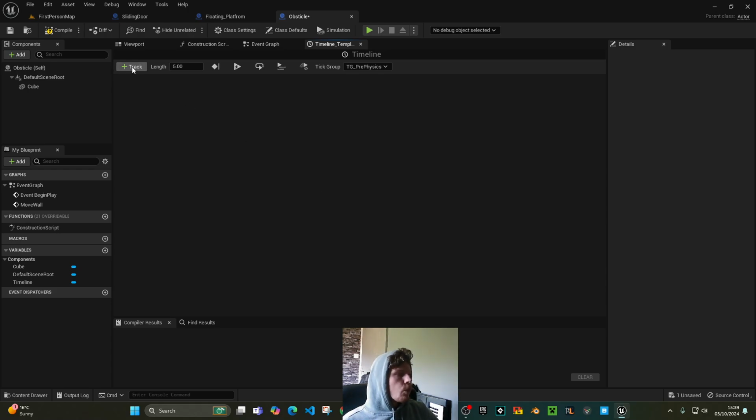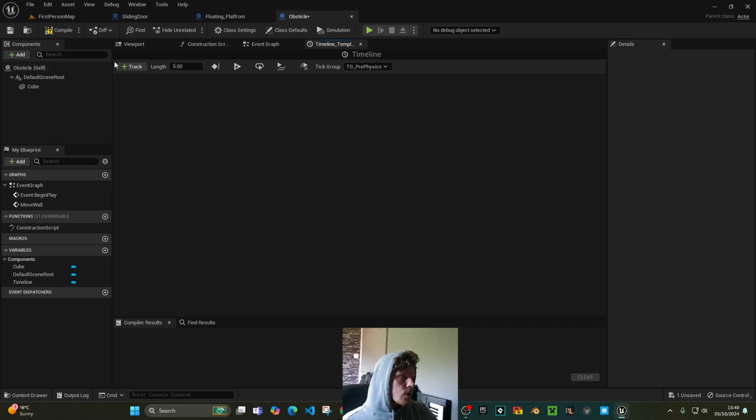And what you want to do is you want to add a track up at the top. Now there's different tracks you can add, but what I suggest to start with is just let's add a track length. Now, because my timer is going to loop every 5 seconds, it makes sense to have the length of your timeline at 5 seconds as well. Because if your timer triggers sooner than your timeline's finished, it'll snap to the sort of the next animation and